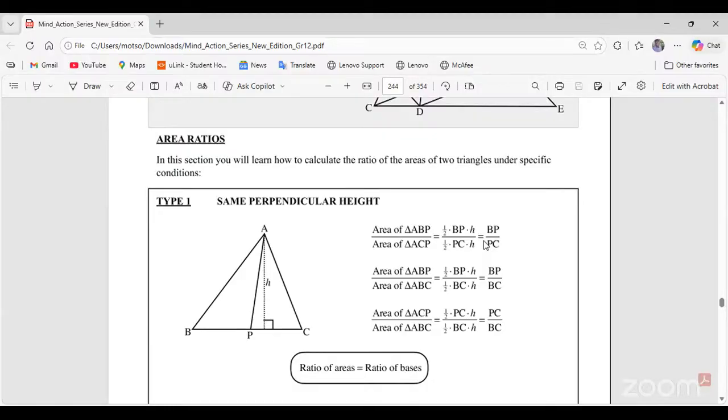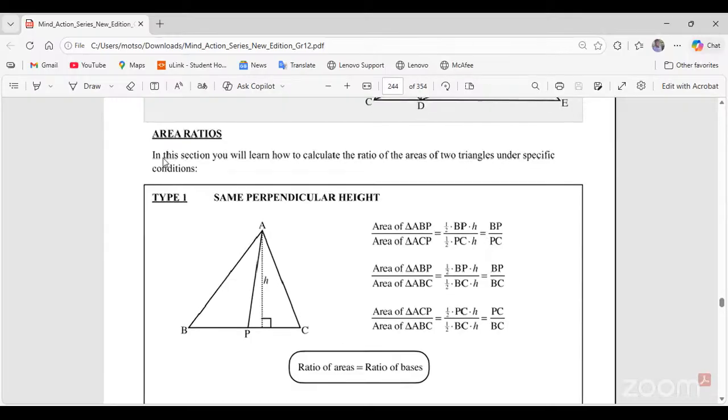We are still continuing with the same topic, Euclidean geometry for grade 12. But now we are moving into the next part, since we are done with the proportionality theorem part, where we were using multiple ratios on the lines. Now we are moving to the next part of Euclidean geometry, where we will be dealing with area